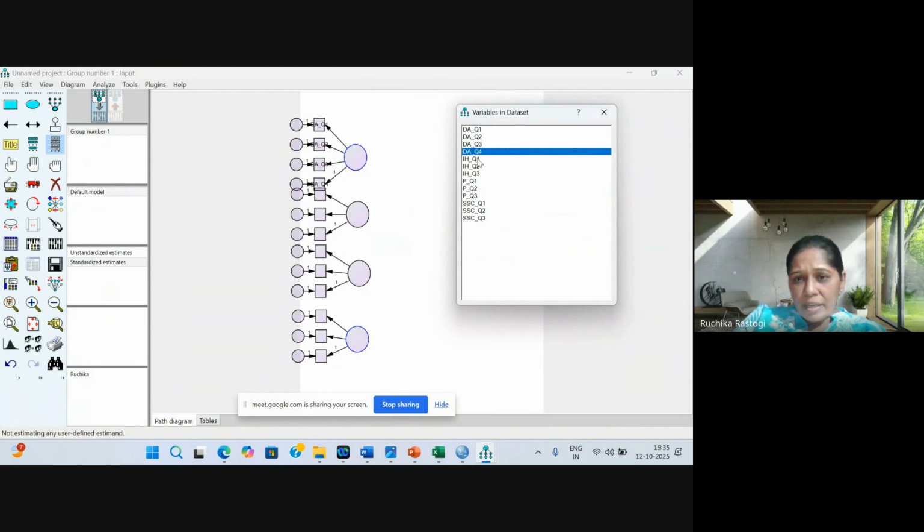Now for the second construct, this is the first item, this is the second item, this is the third item. For the third construct, first, second, and third. And for the fourth one, this is the first item, second item, and third item. So once we are able to drag all the items into the constructs,